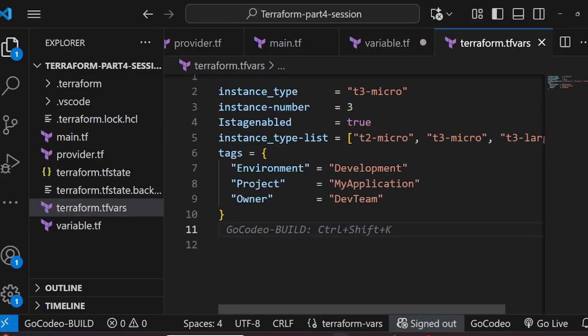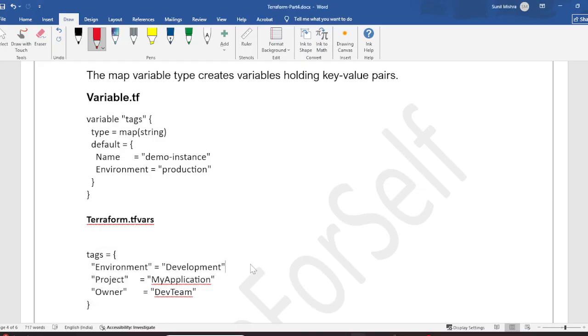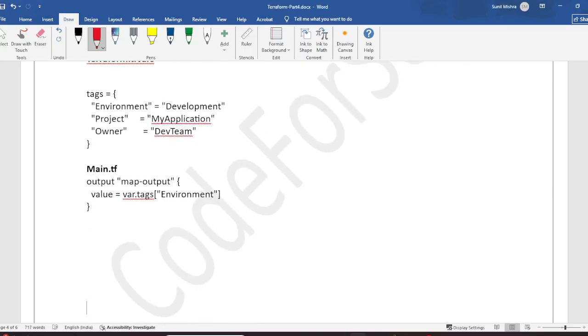So I'm saying my development, application, dev team. Okay, so if I want to check it in main.tf as an output, I will say var.tags and environment. So environment gives me my production. So basically it is a key value pair. So this is my key, this is my value, this is my key, this is my value. So I can just copy paste this one